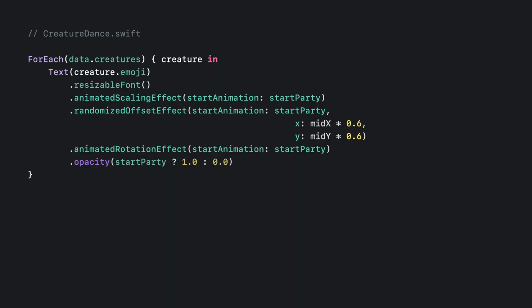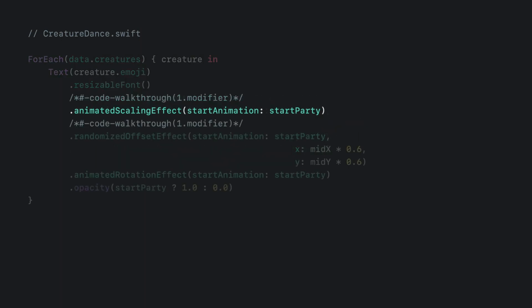But first, I need to show you how to highlight the code as shown in the last screenshot. For that, we need to add some markers to CreatureDance.swift. When my walkthrough is shown, I'd like to highlight the first custom modifier, the animated scaling effect. To add highlights to a line, I'll add a pair of comments on the lines before and after the code. We start with the multi-line comment syntax, /*. Inside the comment, we write